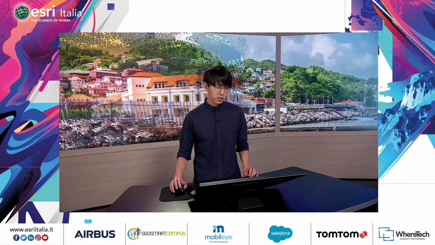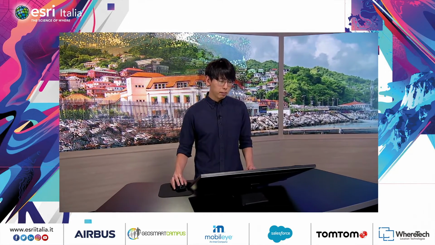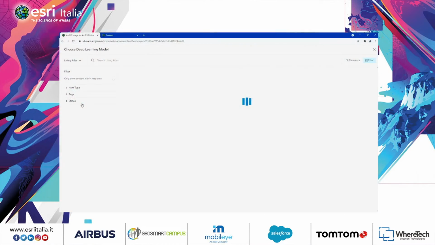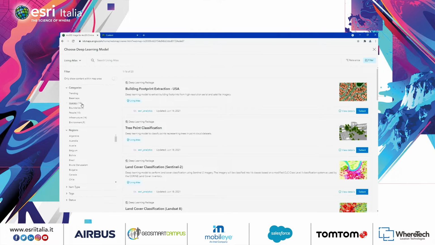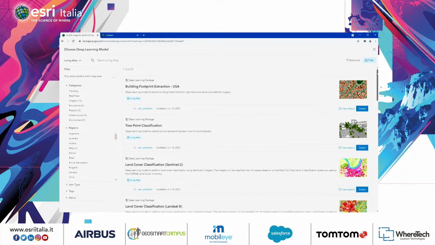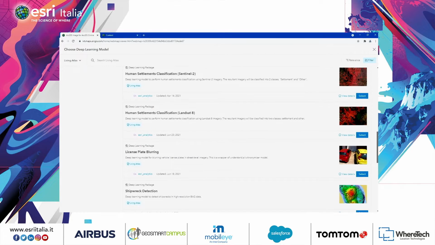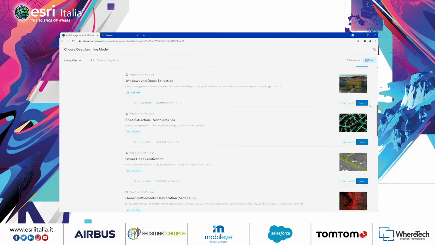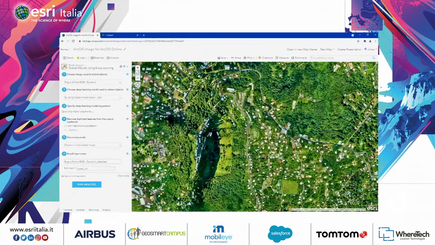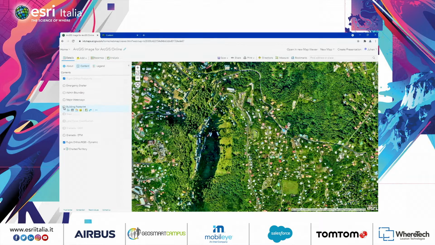Training and curating a model can be a challenging task, especially if you've never done it before. The Living Atlas provides a library of deep learning models that work seamlessly within ArcGIS Online. You can access these models that vary from extracting features like building footprints, classifying land cover, and many more. With the building footprint extraction model selected, we can now run the tool and get our results for the entire island. Here are the results from some of the deep learning packages done in less than a day. 55,000 building footprints,